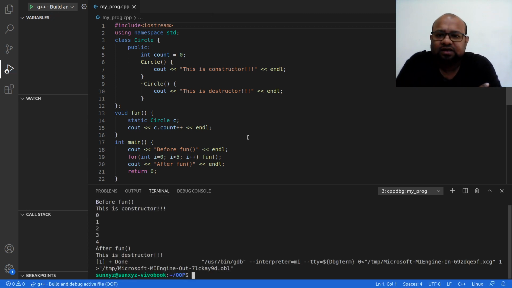Alright, once again, interesting. Count is equal to 0, that is what was defined. So when I create this static object, I have count equal to 0. Now the first time when I call this fun function, I am initializing this object. Count is set to 0 inside this object. Now when I print it, I end up printing 0, and then I increment this count to 1. Okay, so count was previously 0, now it is 1.